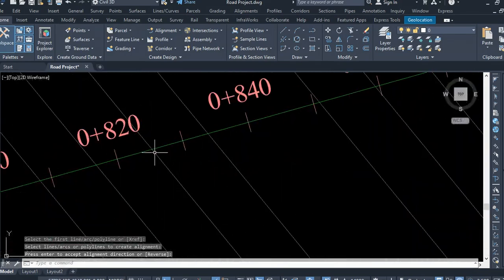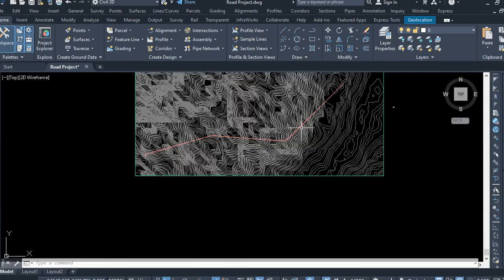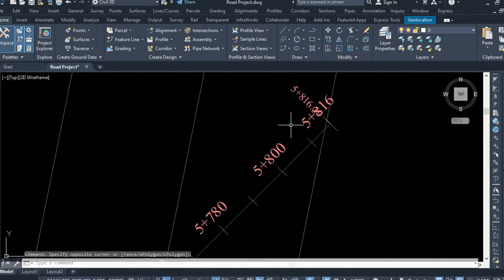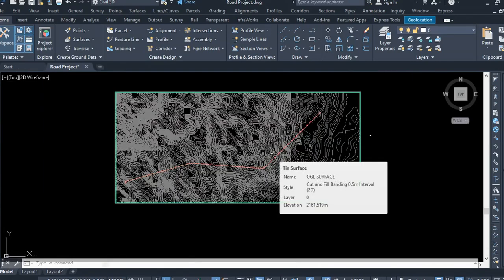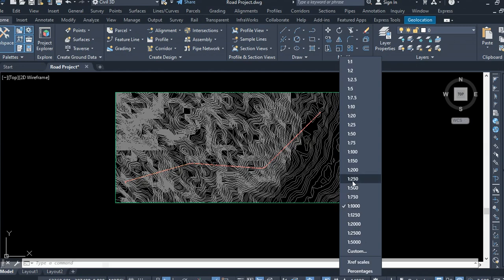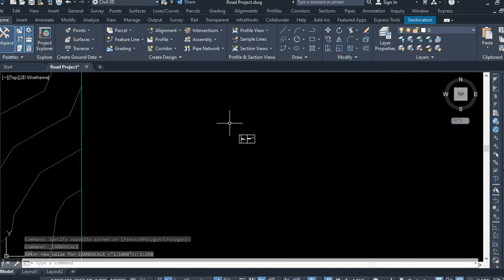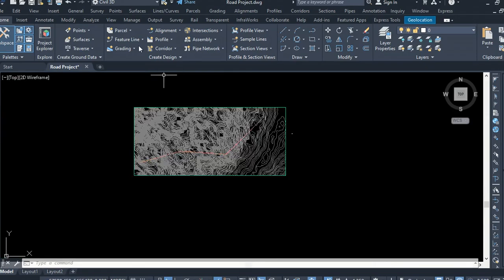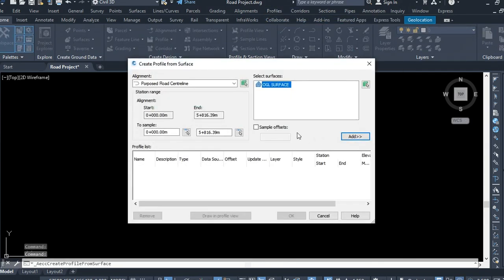Now let's see what we have. Now this is our alignment, and this is the way it looks. So from there, now let us create a profile that we are going to use to base our design on. So we can go ahead and create a profile from surface like this,